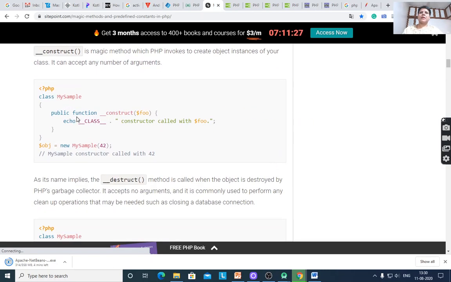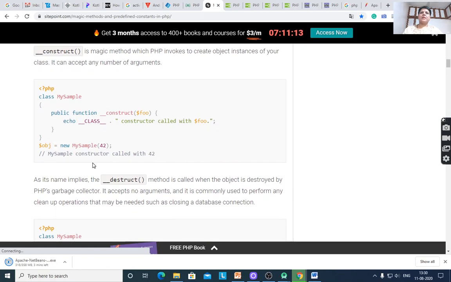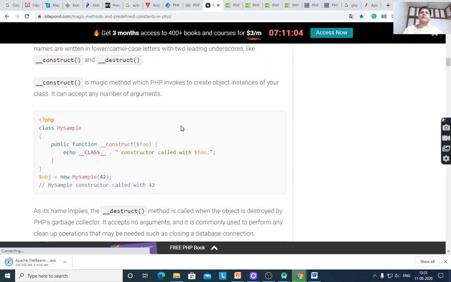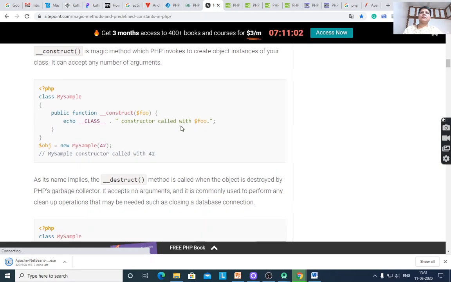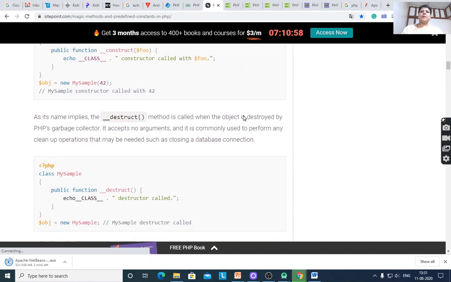Suppose class mySample, public function construct with $foo as a parameter which is passed. Echo constructor called with $foo. Here mySample constructor called with 42. It will display any number of arguments with the class name.